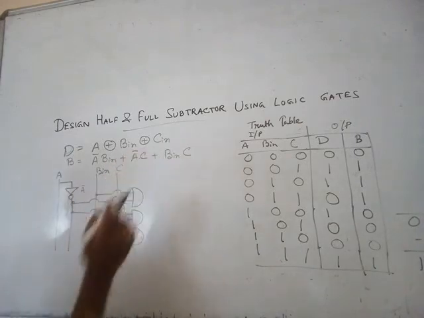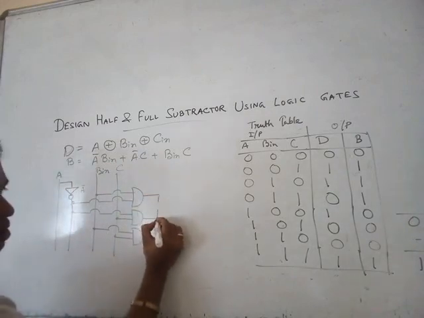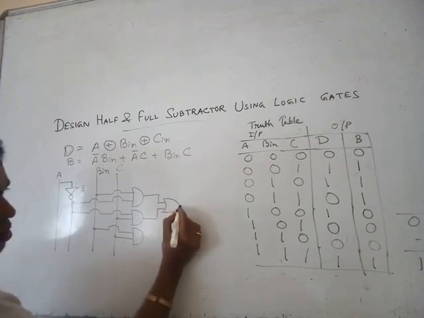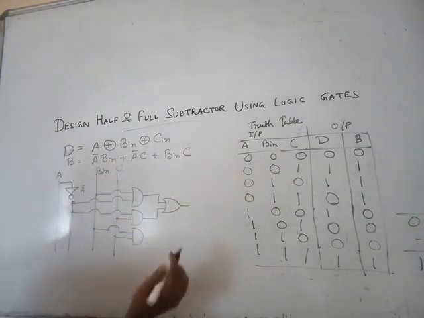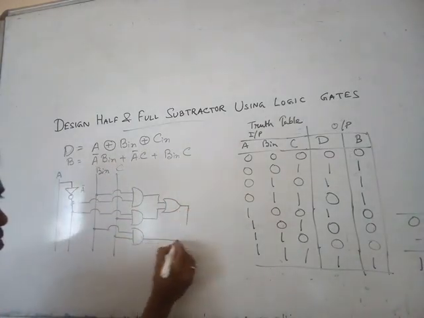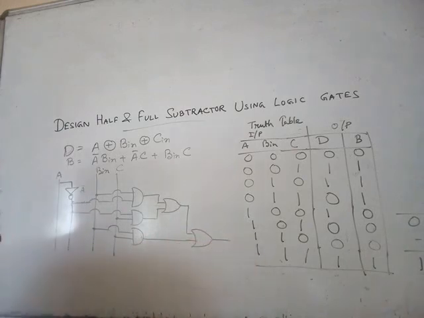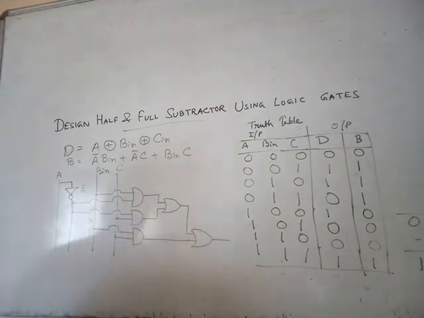We have to add all of these. So for addition, we have to take OR and C. This is OR. We get this two-type addition, output of this, then go to another OR. You can take this 3 output in a single OR for 3 input OR. As we have available 2 input OR, so we cascade this one.